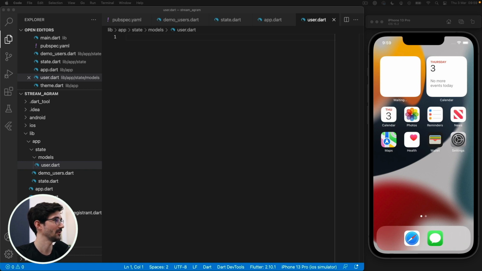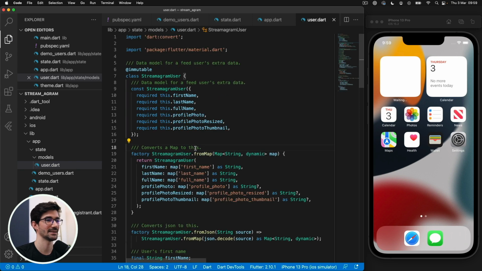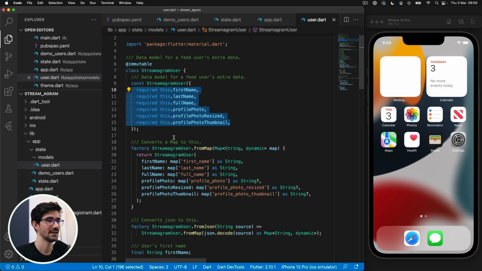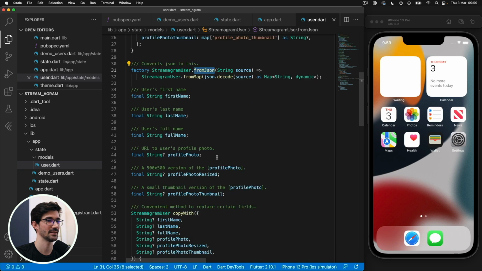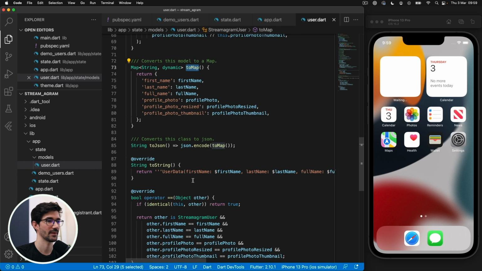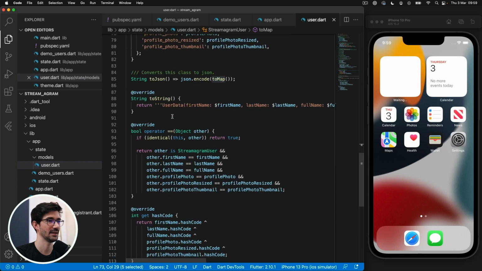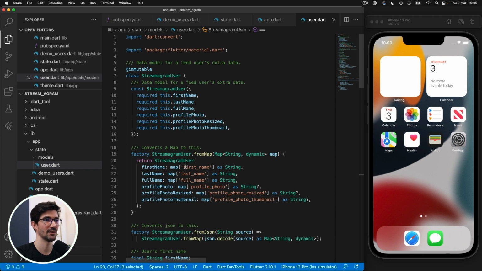So I'm just going to copy all of this and then paste it in. And what this is, is just a data class with the following arguments. And we specify a from map method, from JSON, copy with, and a to map. And then overriding the equals sign, toString, and overriding the hash code. This might seem like a lot,